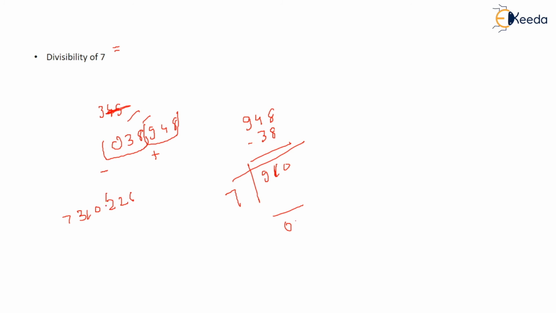7310226. Okay, 3 pair, 3 pair, and this pair. After doing this, this will be positive, this will be negative, this will be positive. So 226 minus 330. After you do this, how much? 330, it is 110. So after doing this, 110 minus 26, this comes out to be negative.